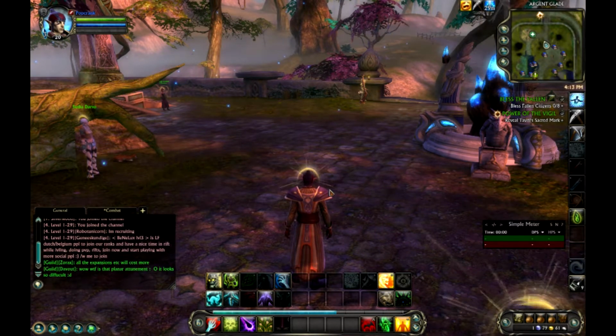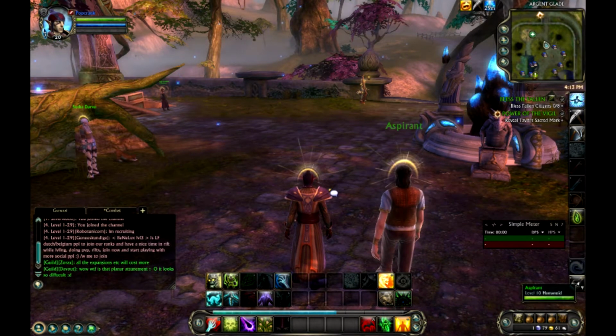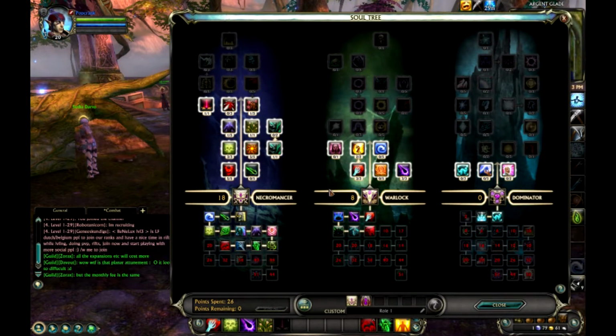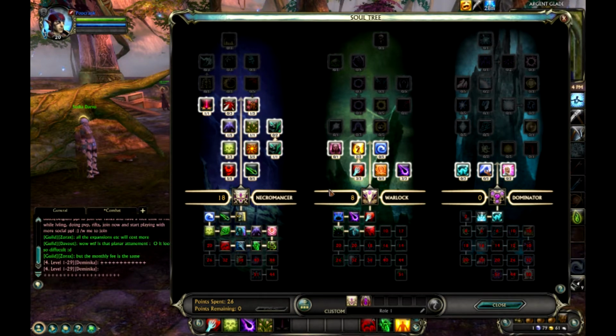Today we'll be taking a quick look at the build I am using to level with my Mage. This is a build I found on bluedots.org, and if you are higher or lower than level 20, definitely go check out that site. Link will be in the description below. The guide also includes a Chloromancer build, which is very useful, and I'm using it as well. But let's just take a quick look at the soul trees